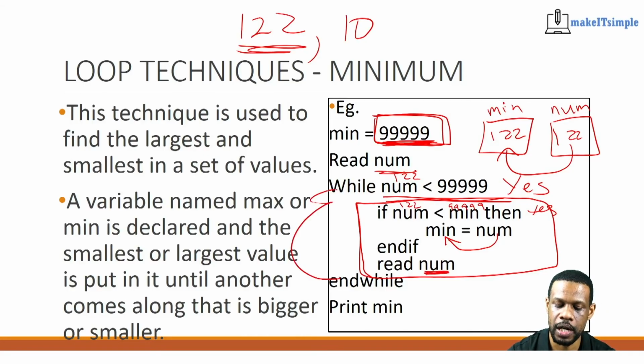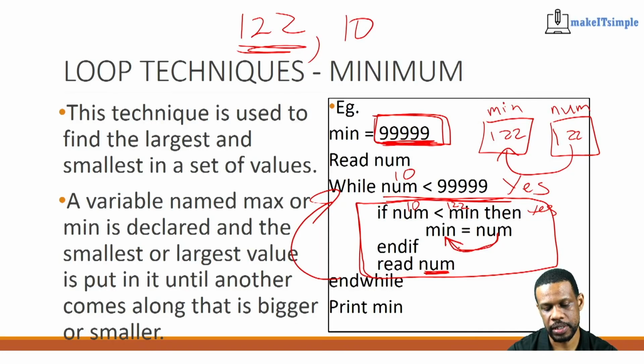The while loop will go back up and be like, okay, what just happened? We got a new number of 10. Is 10 less than 99999? The answer is yes, it is. So because 10 is less than that, now you're going to check the new number, which is 10. Is 10 less than the current minimum? What is the current minimum? 122. So if 10 is less than 122, then our instruction is